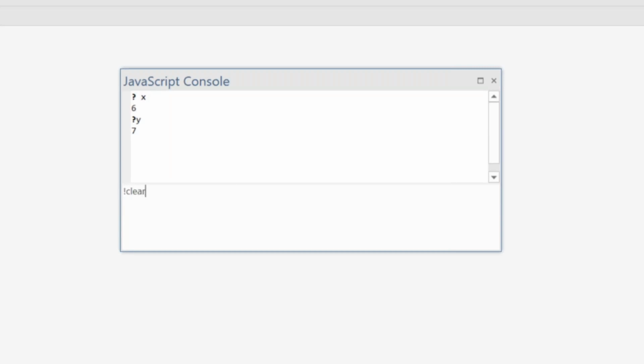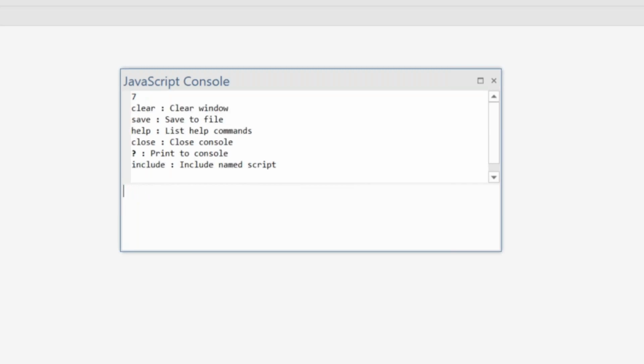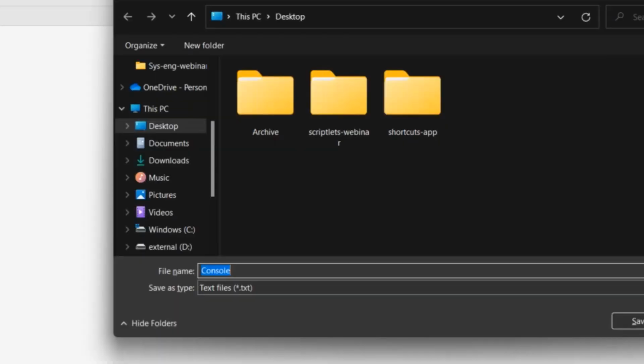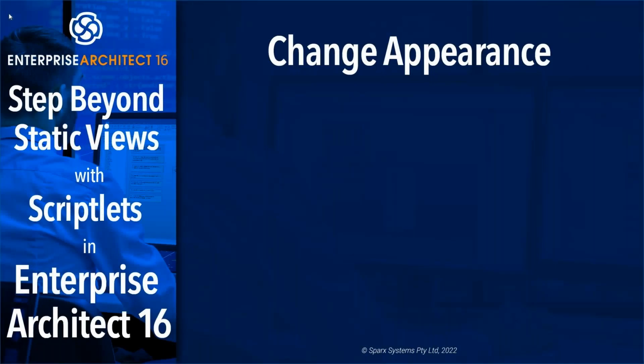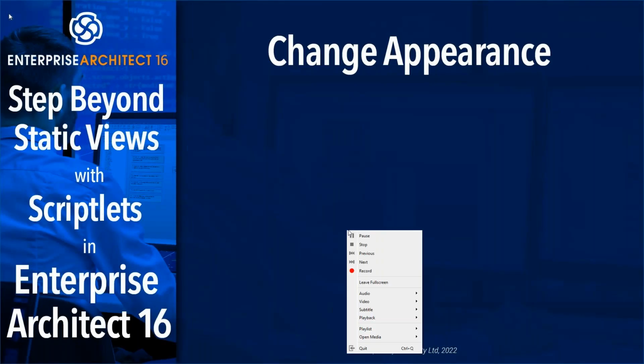So question mark X is going to simply print that out to session.output, and I can access help. So you can see I can clear a window, I can save to a text file, I can access help, I can close the console, and I can print to the console, and I can also include a script. So I've been able to save that element.